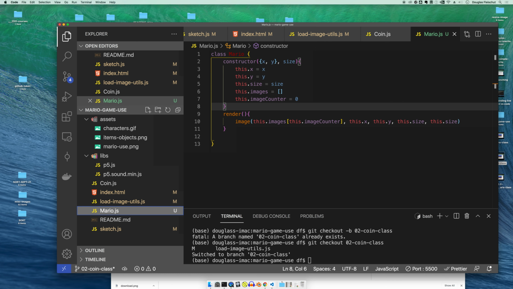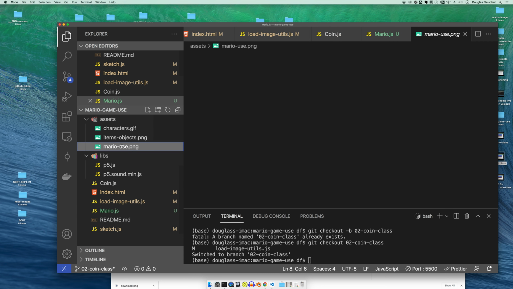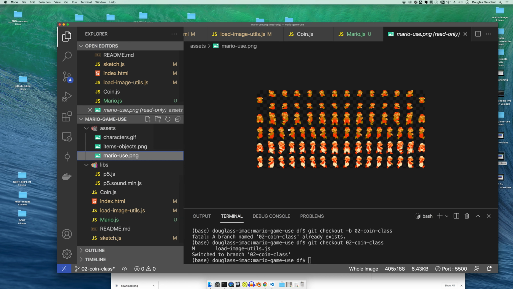So I think in the next video, what I'm going to tackle is moving this Mario. And if you noticed in our Mario, a neat thing is, when he's standing still, right now I think we're right here. But what we want to do is grab little chunks of images and animate that motion. And then when Mario's standing still, we want to be on here. So I'll show you how I'm going to do that in the